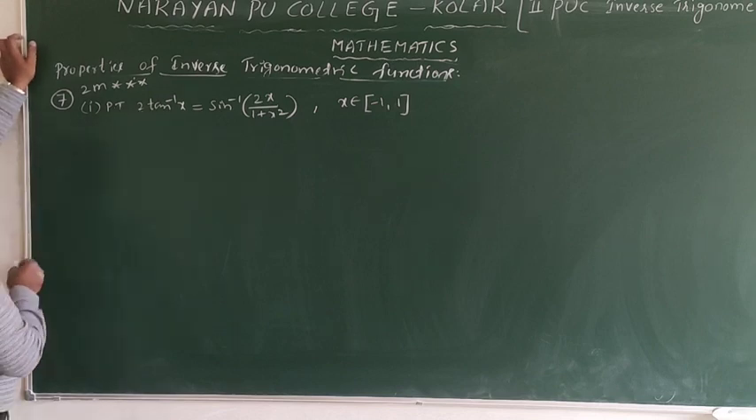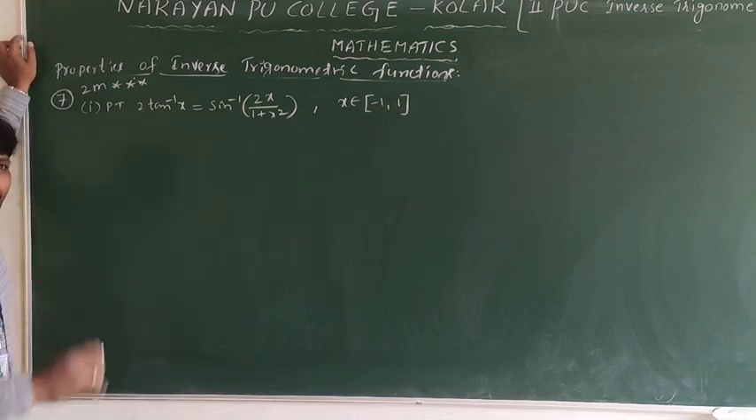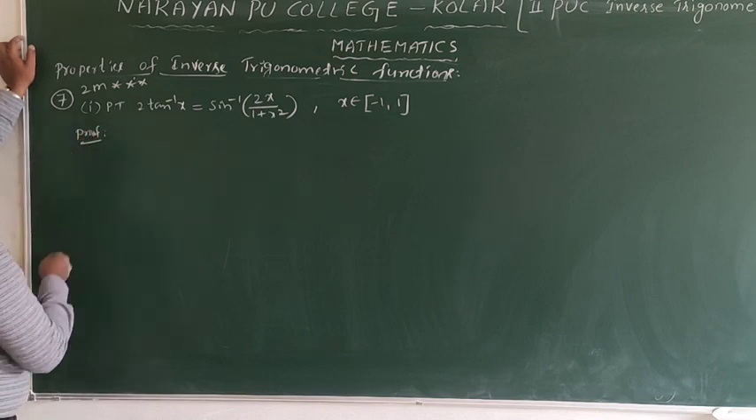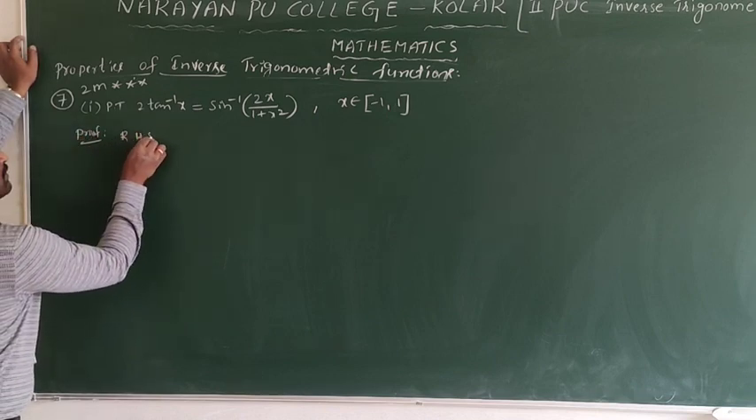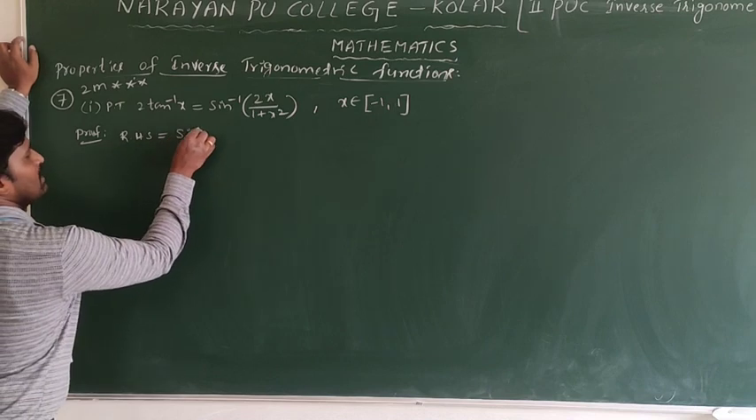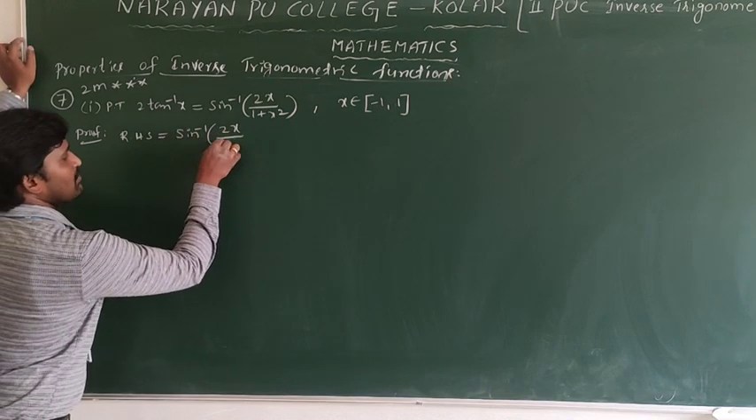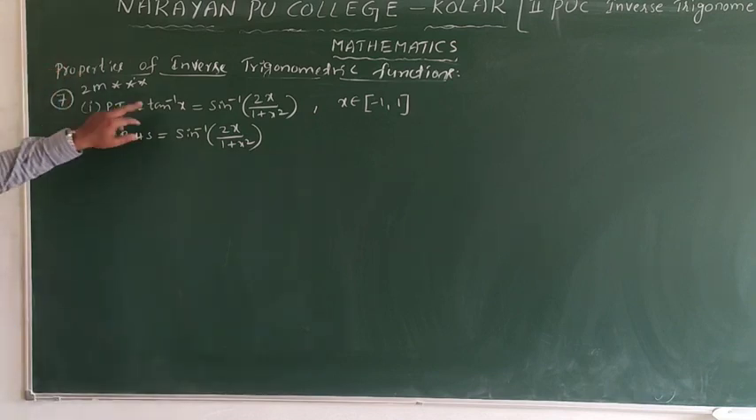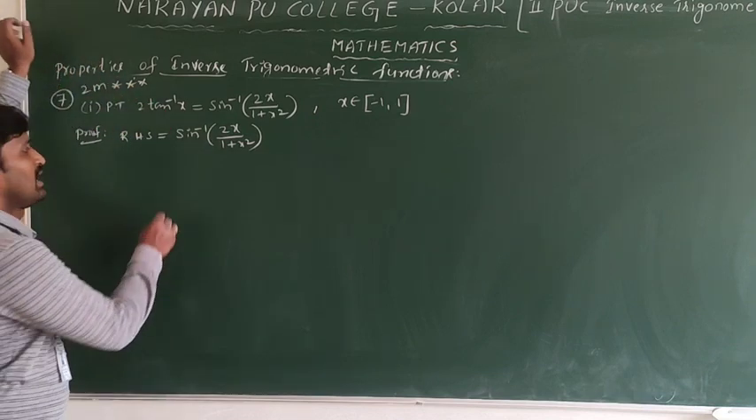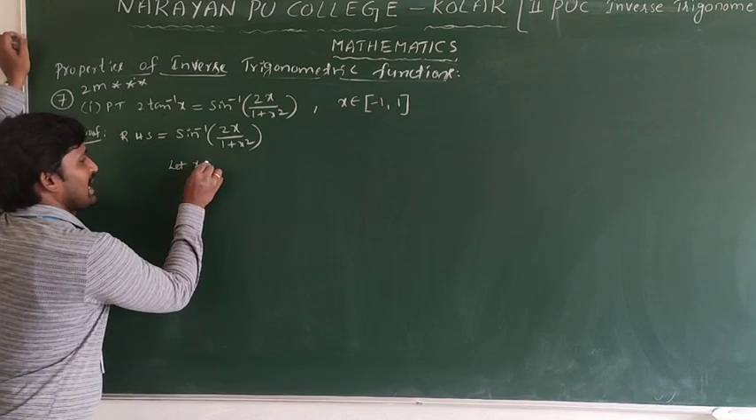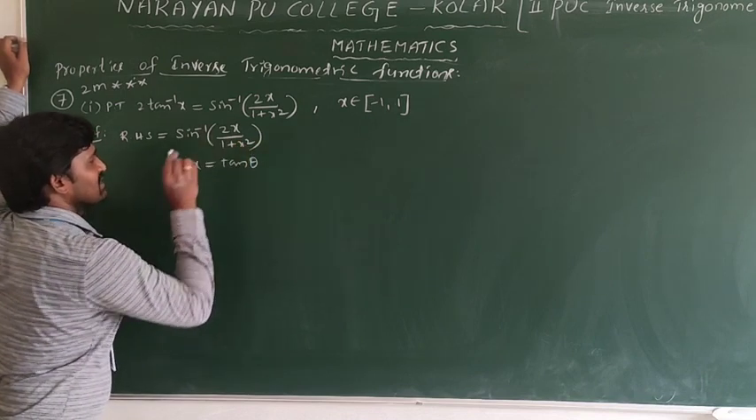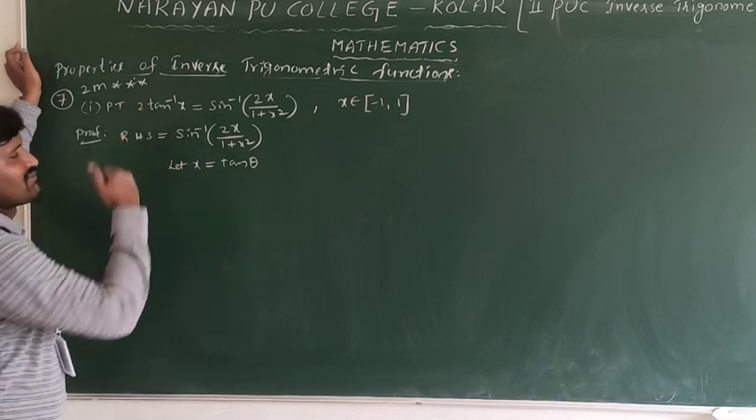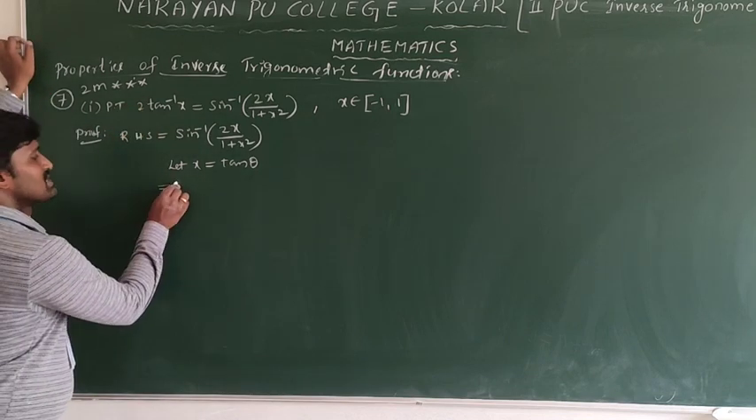How to prove this one? I will pull this one from RHS. From RHS it is easy. What is RHS? Sin inverse of 2x by 1 plus x square. We need LHS in terms of tan inverse. That's why we will take, let x equal to tan theta. Taking tan inside, it will become tan inverse x. Now sin inverse of